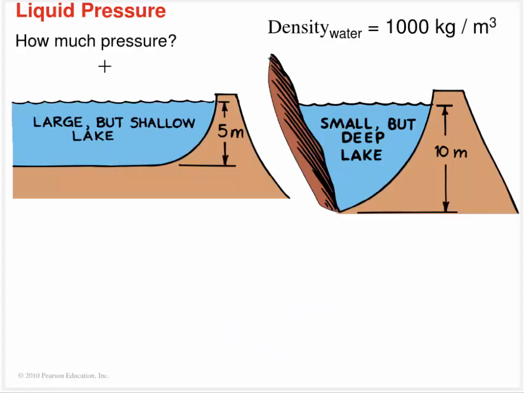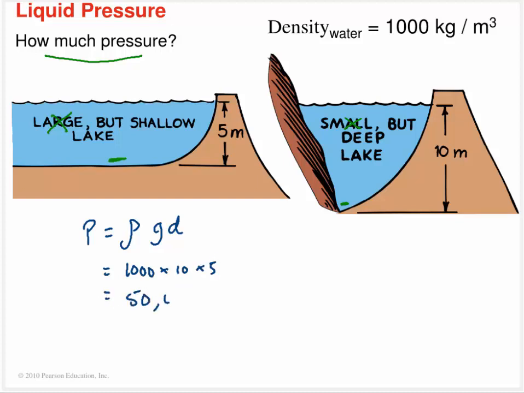So let's just do some quick little calculations. How much pressure would you feel in a large but shallow lake at the very bottom, or a small but deep lake? Keep in mind that large and small don't make a difference in the world. So the pressure is going to be equal to the density times the gravity times the depth. So in this case, it's going to be 1,000 times 10 times 5. So it's going to be 50,000 pascals, and yes, I know that is a big number, and yes, it should